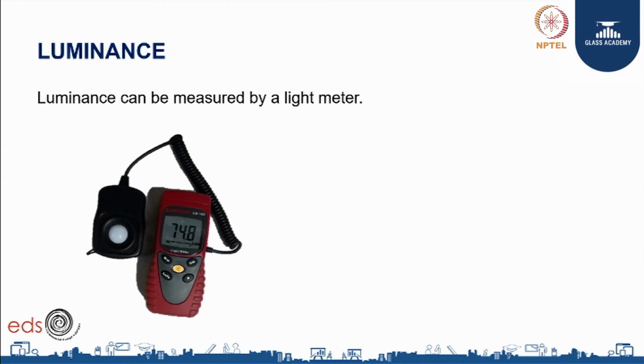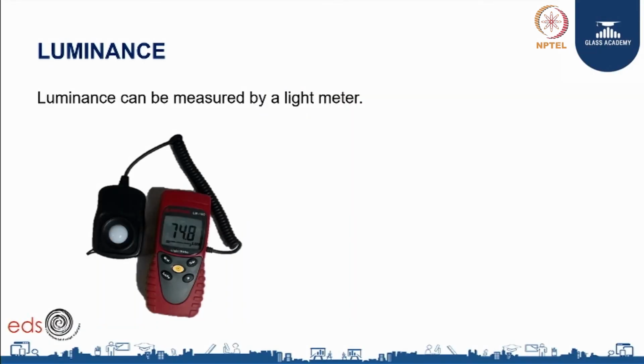Luminance again can be measured by a light meter. The only change is that now you have to hold the sensor away from the surface, so that you can measure the light reflected from that surface. Somebody would feel that you can correlate luminance with brightness: if a surface is appearing brighter, that means it has a higher luminance value. For example, a white colored wall will appear brighter than a brown colored wall. In such cases, one would think that the luminance of the brighter surface might be higher than the other surface. Let's get into that, because that's not always the case.